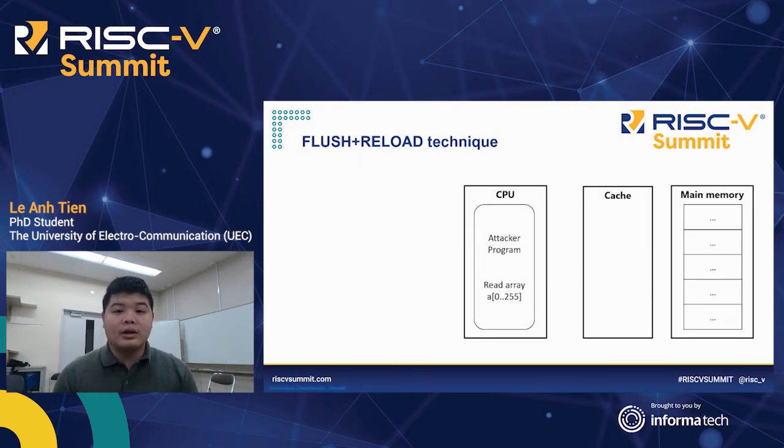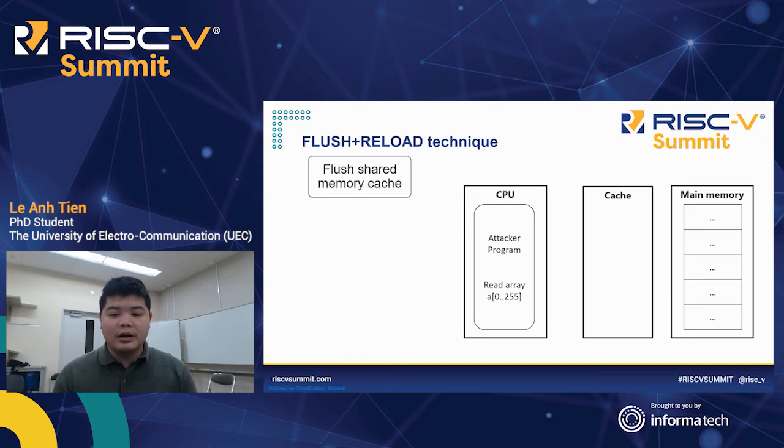The core technique of the first two variants of the Spectre attack is called flush and reload. The flush and reload technique is performed based on observing the side effect on the processor memory when executing a program. There is a huge difference in speed between when the data needed by the CPU is already in the cache, which we normally call a cache hit, and when the CPU has to go to the memory to retrieve the information.